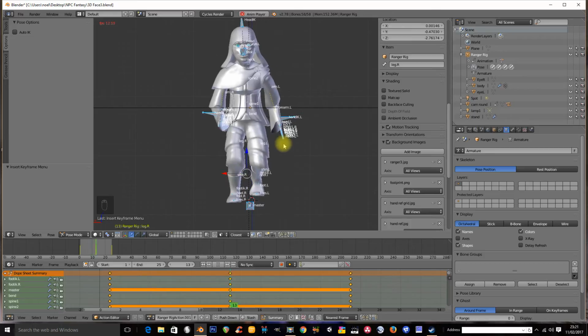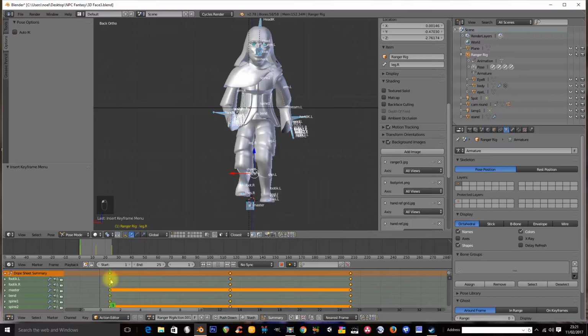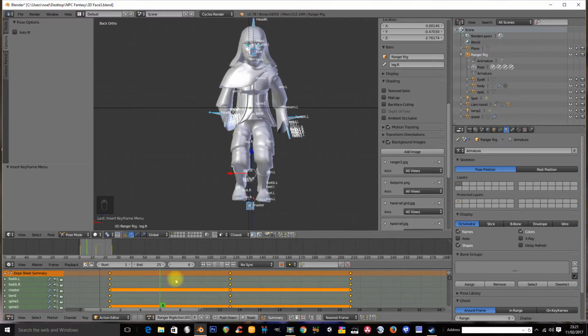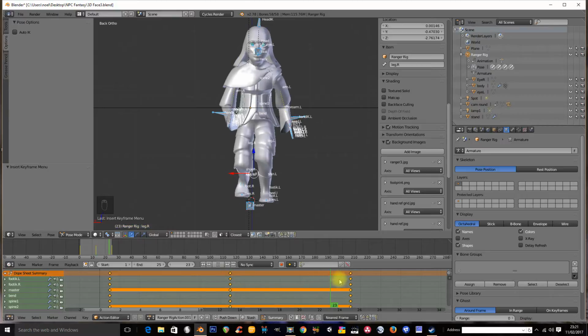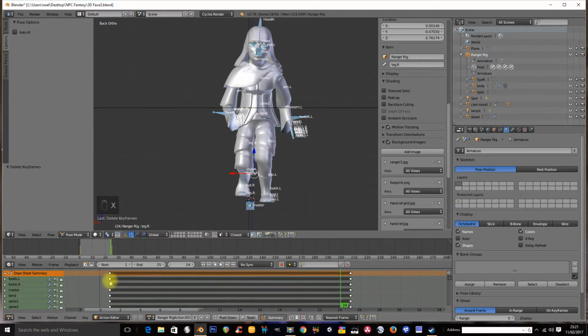Now we still have a little bit of lateral movement in the bottom half of the body that we definitely don't want. So let's see if we can fix that. So let's delete this line here. So now if we